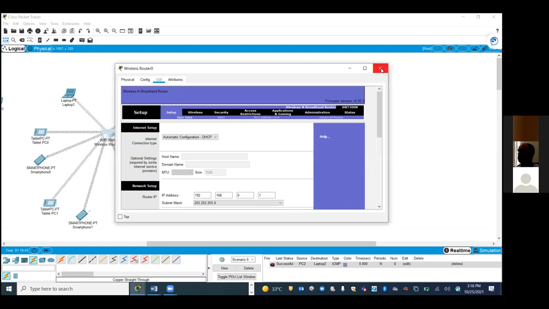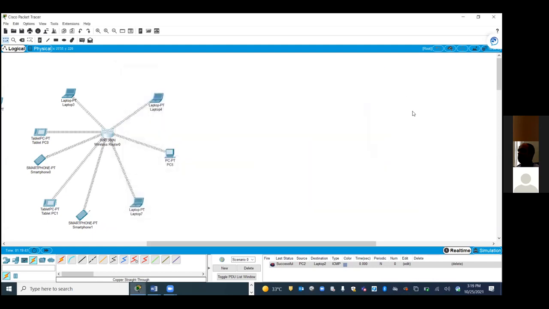GUI and configure. So for example, if you are not sitting near the router, it is possible if you are next to the router. But if you are in another room, what can we do? How do you do that? We can connect from another PC to the router. We are going to log in from the PC to the router. It is connected. Okay? How do you do that?